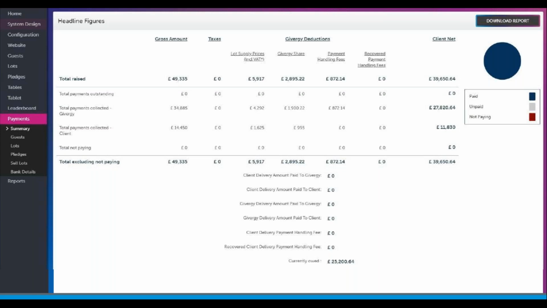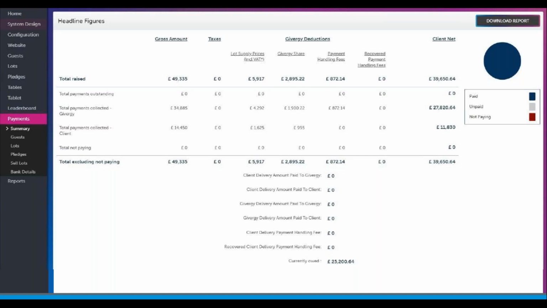It's also useful to capture how guests paid and when guests paid. This will help you determine whether you have a payment process that suits your guests or what you should look at changing so that you're meeting their needs and improving efficiency at your next event.